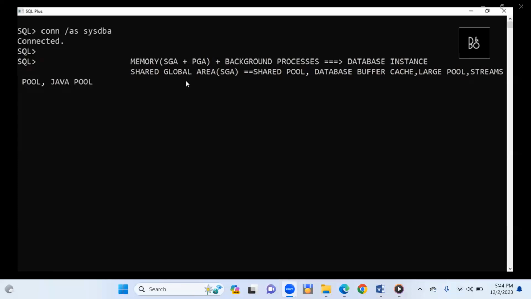So when it comes to managing memory, we will end up talking about some of these components, because we will be immersing ourselves so much in either the SGA or the entire memory, that means a combination of both. So when we talk about the memory,